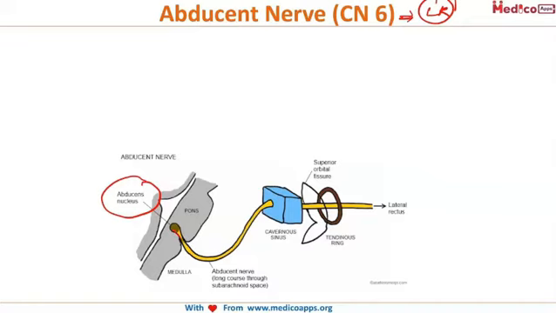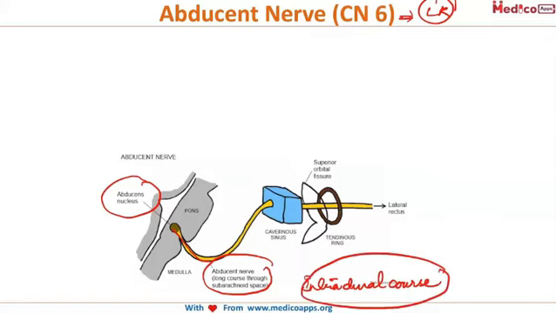After exiting from the pons, the abducent nerve passes a long course through the subarachnoid space. The abducent nerve has the longest intradural course. After that, it passes through the cavernous sinus. It passes through the center of the cavernous sinus along with the internal carotid artery. It is a content of the cavernous sinus along with the internal carotid artery, and after it exits the